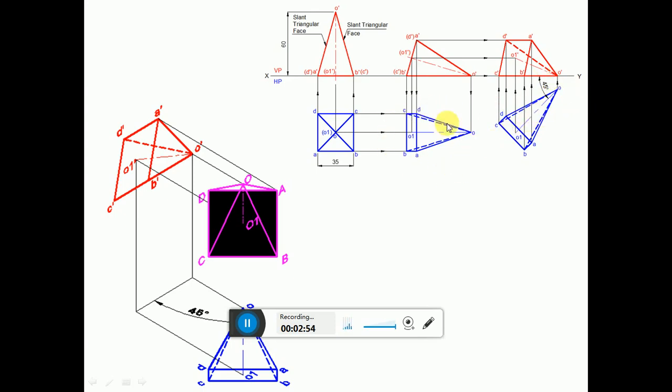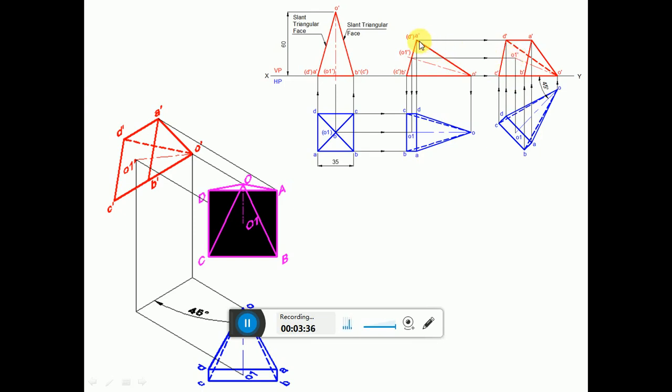So that means this sketch and this sketch should be the same except for the orientation. Then you need to draw the front view. In order to draw the front view, draw a vertical projector from O to the xy line, because O dash is on the xy line. So you project this to get this point O dash. Similarly, draw a vertical projector from C and also from B to the xy line, and then draw a horizontal projector from C dash and B dash to intersect at this point C dash and B dash here. Then draw a vertical projector from O1 and draw a horizontal projector from O1 dash to intersect at this point to get this point O1 dash.